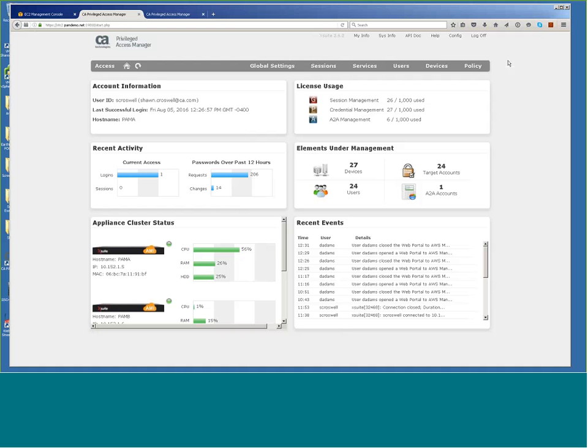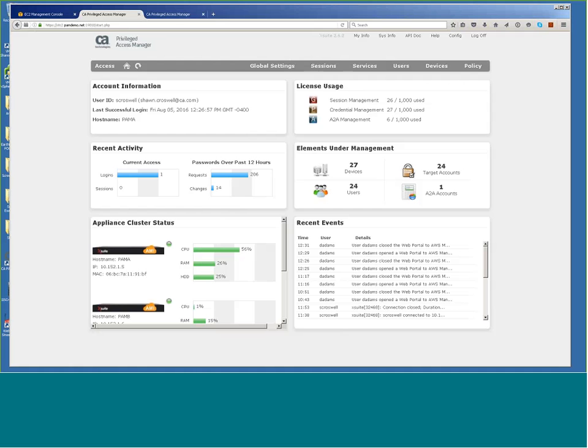Well, we can do delegated access. So if you don't want to make your network admin a global admin, but you don't want them to have access to the Windows servers or your Unix servers or your mainframes, we can do what's called delegated access. So even though it's a global admin, we can lock them down to certain target groups, certain target devices or device groups, so they can only see what they have administrative control over.